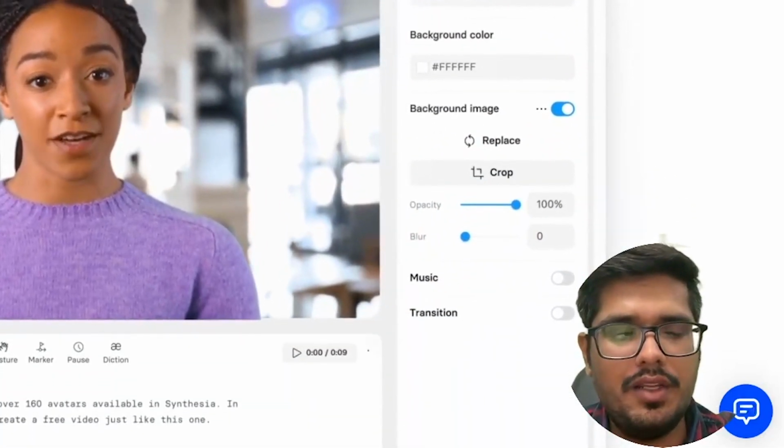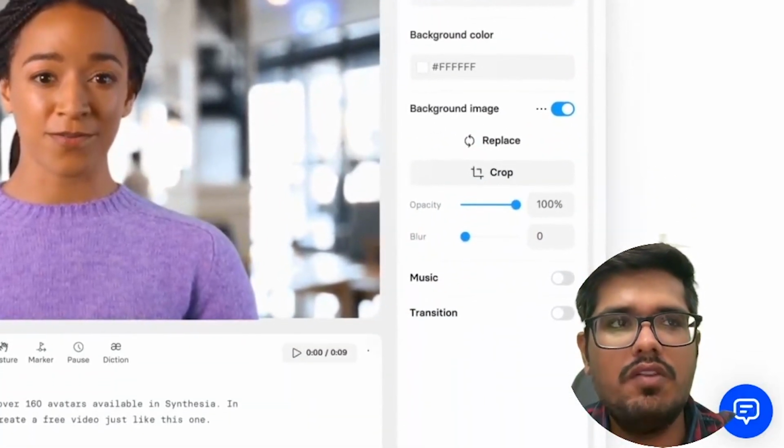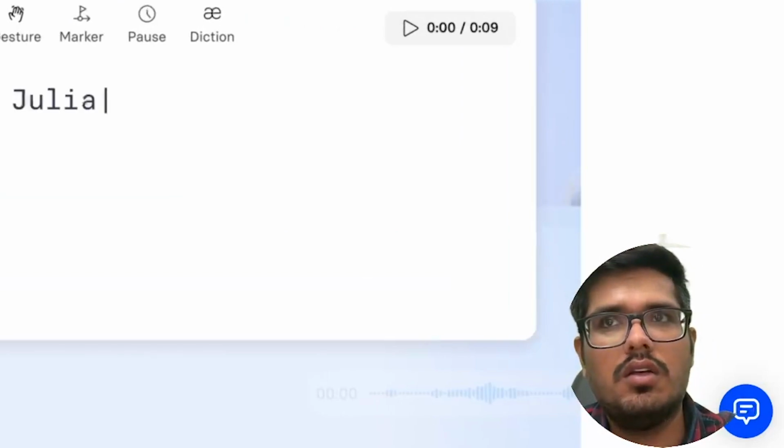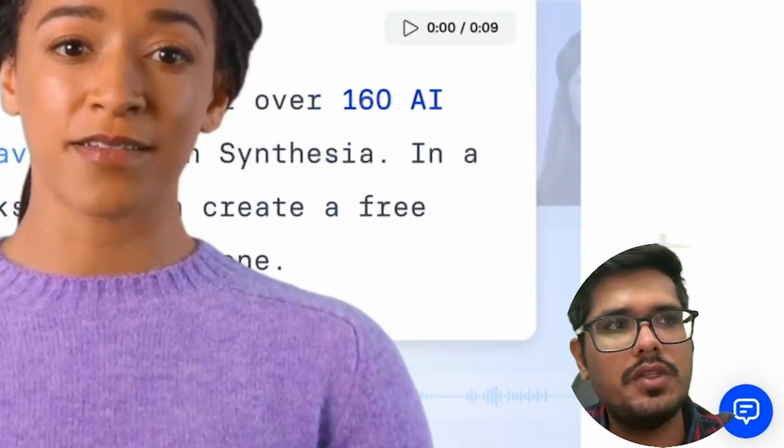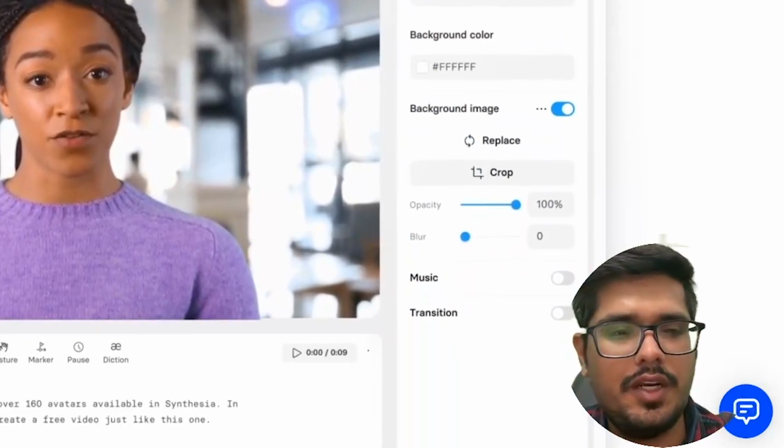At some point, the regulations are going to kick in. And even if you have transparent or invisible watermarks in place, I don't think that's going to make much impact, because most people watching that video are not going to bother taking the video and checking if it's generated by AI or not.